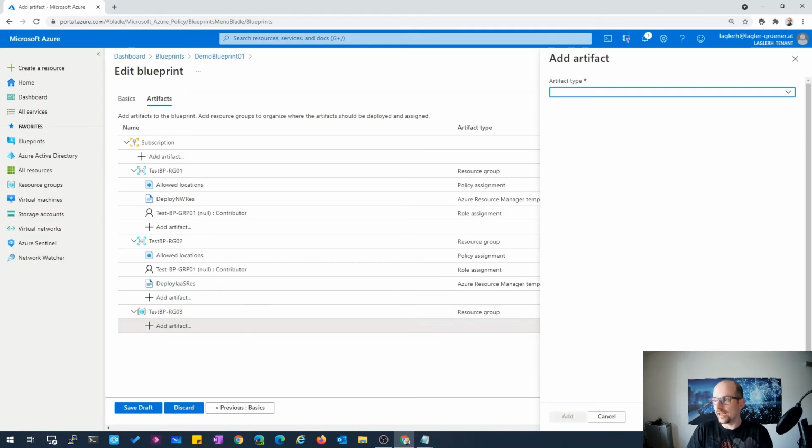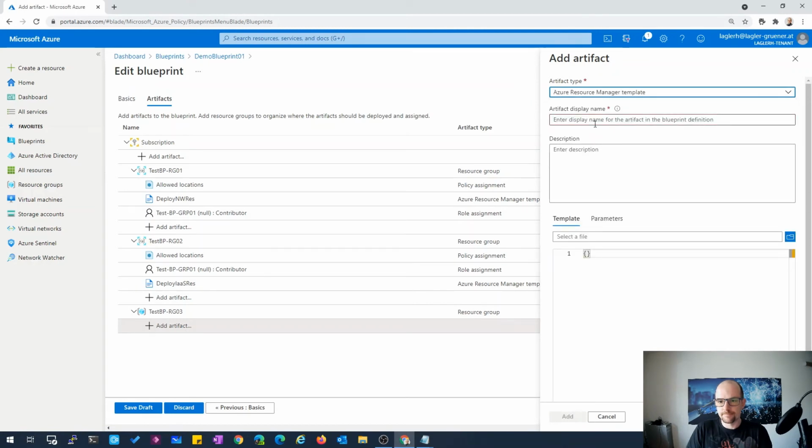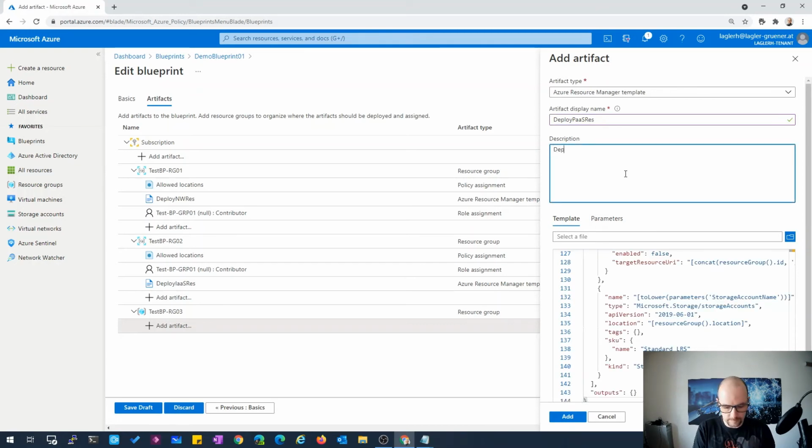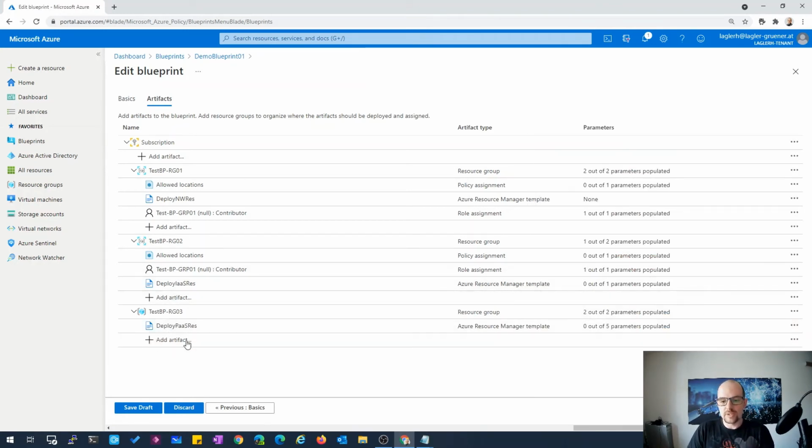I want to assign a new template. Deploy PaaS resources. Click on add. So now we have our resources in place. Click on save.